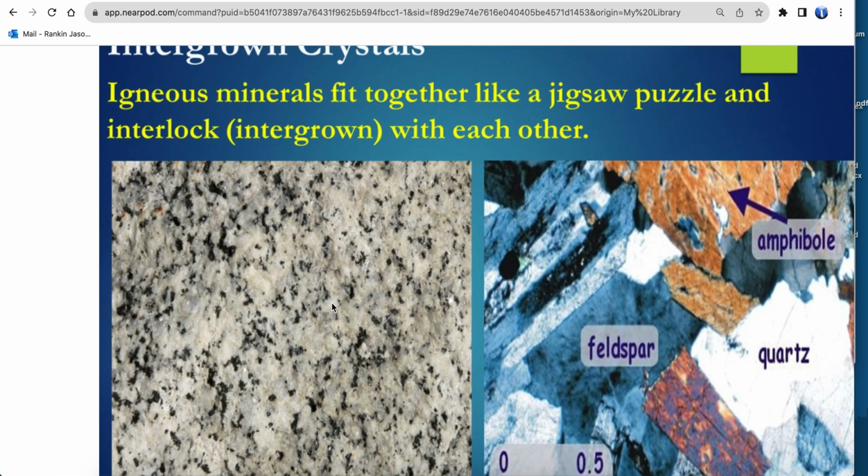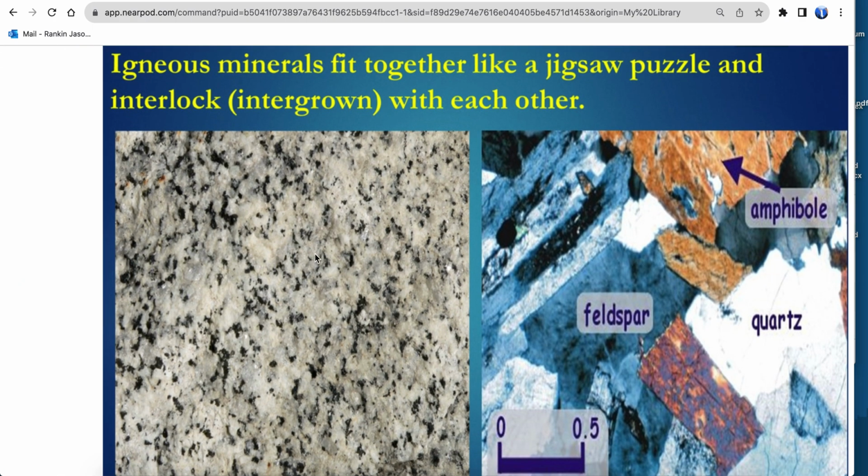All right, so here is what you would see with the naked eye. All right, here's a rock. This is a piece of granite. There is a lot of gray, a lot of white, and some black here. I don't see too much potassium feldspar. I see more of the plagioclase feldspar. Now, when I say